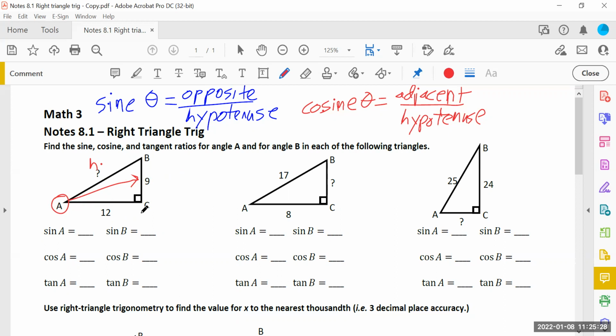So you have to be able to identify those, because then if I switch over, instead of looking at A, I look at angle B up here, those actually switch. The hypotenuse is still here, but the side across is going to be over there, right? So angle B is made up of 2 sides. The one that's not making up angle B is the one that is opposite from it. So again, that 12 is opposite B. So again, sine is opposite over hypotenuse, cosine is adjacent over hypotenuse, and then tangent, our third trig ratio,